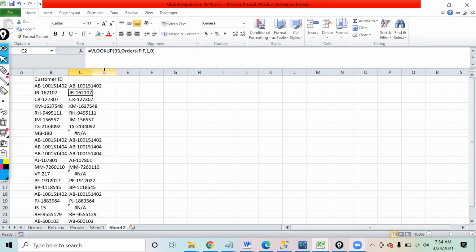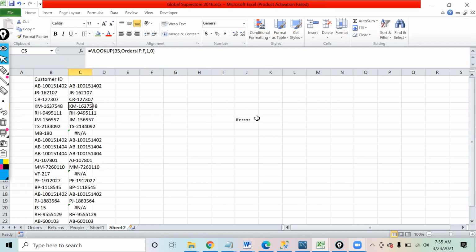Now instead of getting #N/A, which means this ID is not available in the list where you're trying to find it, sometimes when you have to share this kind of data with your manager or with your client, #N/A can look a little odd. So in that case you can use a formula that is IFERROR. What IFERROR does is, if in your output you are getting an error and you don't want to show it as an error, but want to replace it with some better value, you can use IFERROR.